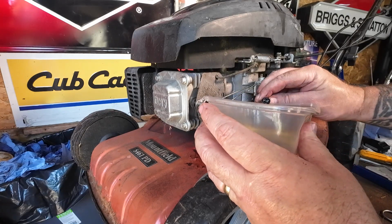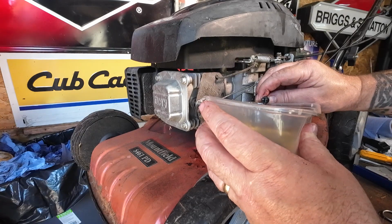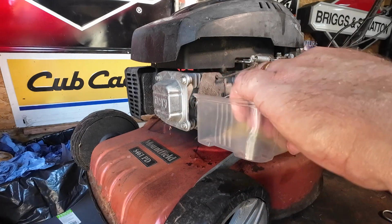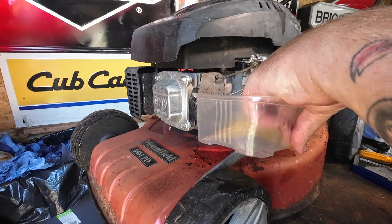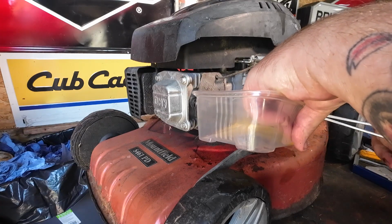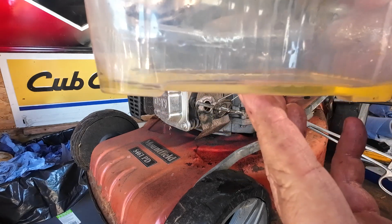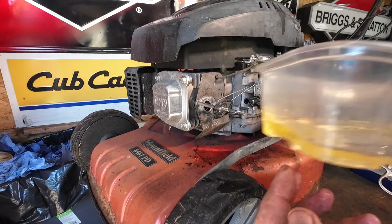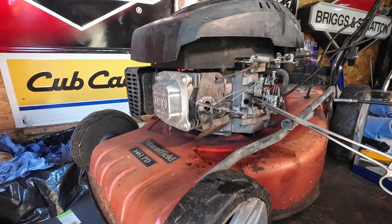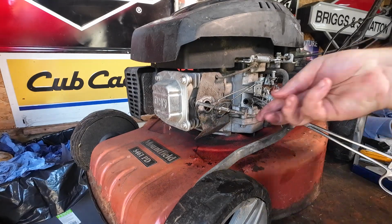Now this fuel actually looks to be really, really good. I'm going to take a sample. I'm actually happy with the fuel. I'm very happy with the fuel indeed. It's actually lovely fuel. It's not often you see nice fuel like that. Lock that off. So there's the fuel. No real discoloration. The camera doesn't do it justice. Okay, it is pretty transparent. Okay, so I'm happy with the fuel. If there's any water in there, it would have appeared in the carburetor as well, but there wasn't anything there. So now